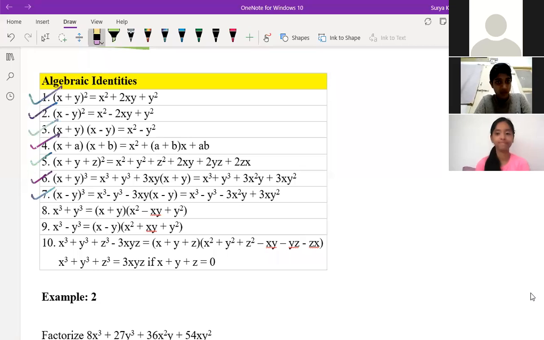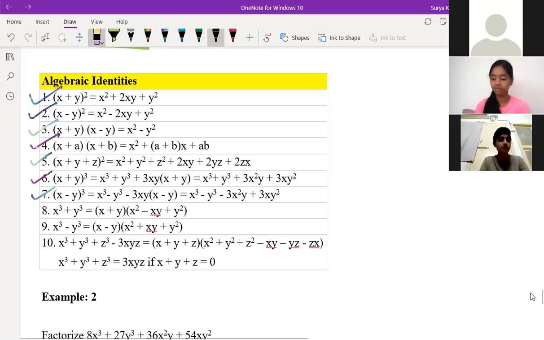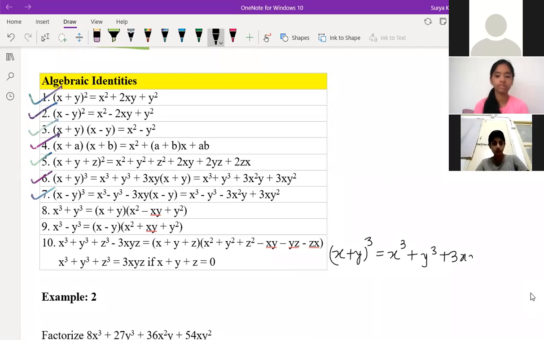See, from this only how we can elaborate to this one, x cube plus y cube. I'm just explaining here. If you know (x plus y) whole cube, see, I'm writing it here. (x plus y) whole cube is equal to, we know the formula, x cube plus y cube plus 3xy into (x plus y). And you can multiply inside, so you'll get 3x square y plus 3xy square. What I have to find here is x cube plus y cube. This much only you should find, correct?